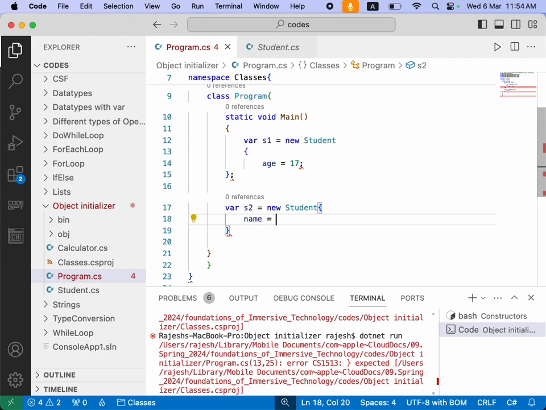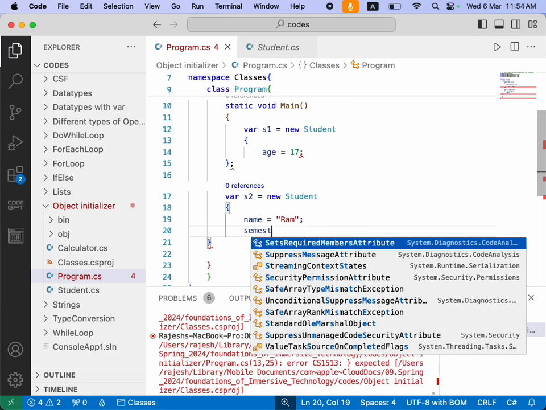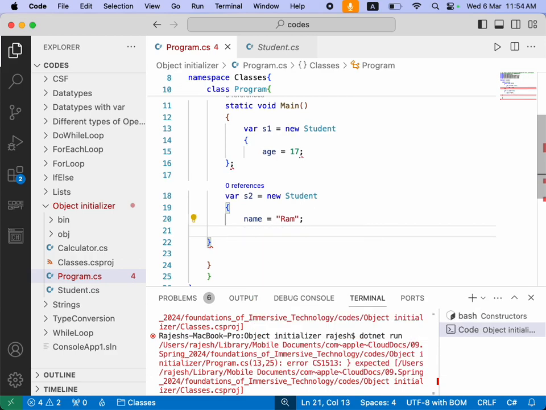I can say name equal to say whatever, and semester is 8. Okay, so now it doesn't matter how many fields you give and in what order you give them,